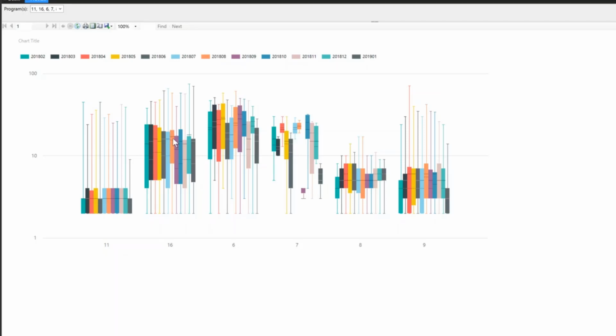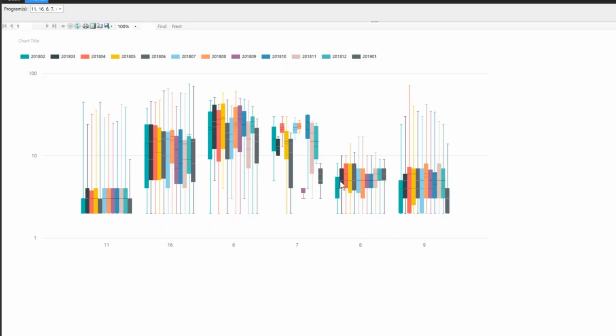There was a period of time where more people were getting quite a few services. And then there was a time where people, so this hasn't varied a ton, but you can really see interesting things if you look at program number 7. Things there have really varied over time. So it would be really interesting to know, there's probably some policy changes that were made, perhaps how things were being documented changed. Or if you look over here at program 8, you can see that things went up for